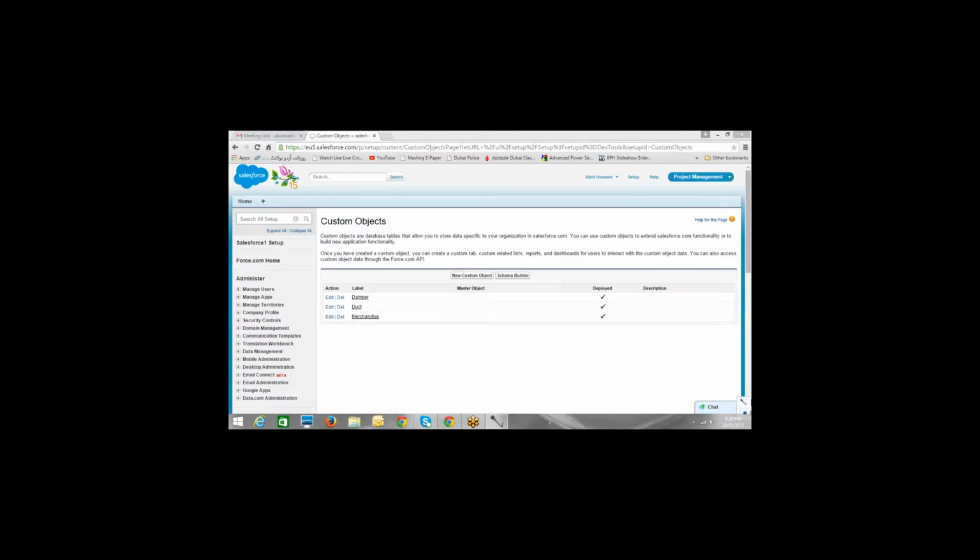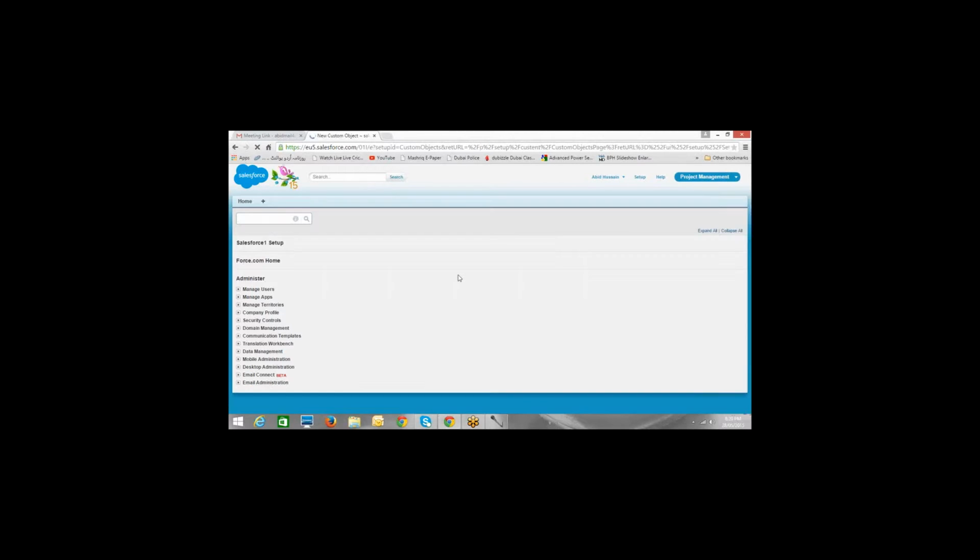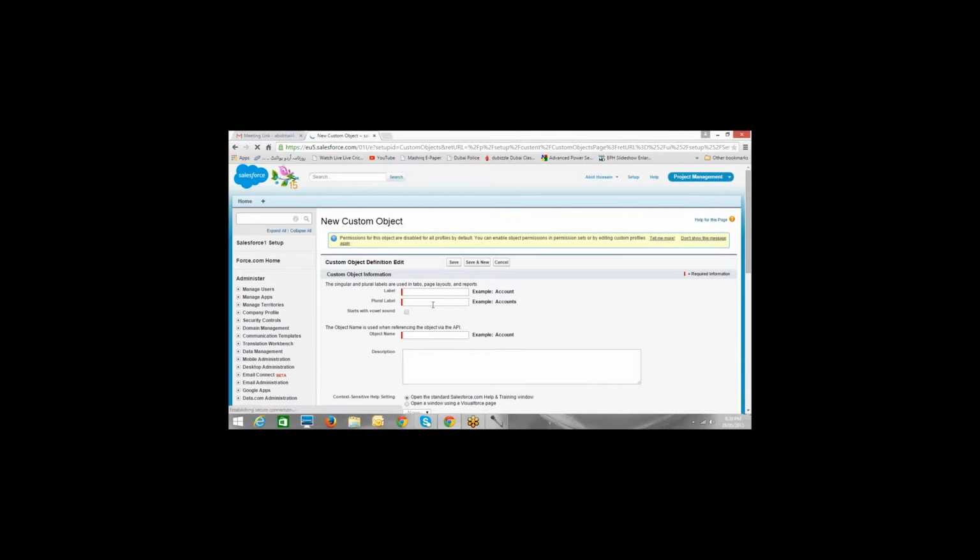Okay, so first of all, let's create the database for this app now. Project management app, what I need to do is first of all, I will need to track all my projects. So I am actually gonna track all my projects inside this app. So I need to create an object called project. All right. So let's go quickly and create an object called projects. Just go to setup, create object. Let's quickly create it. Setup, create objects, new custom object, call it project.